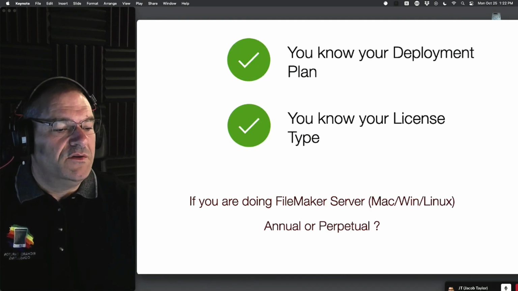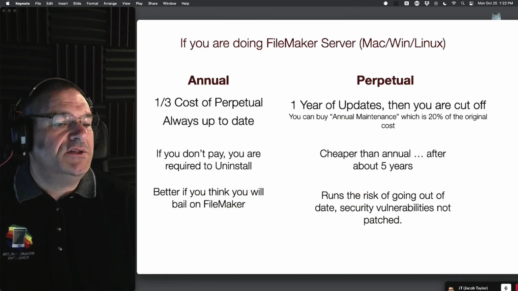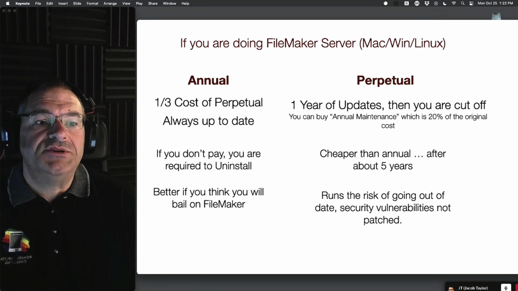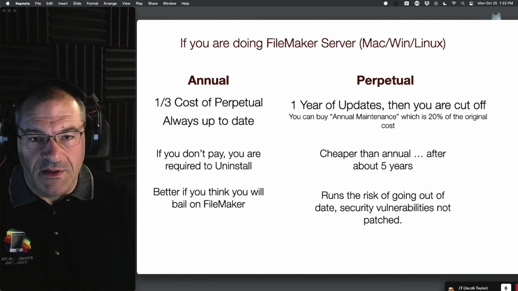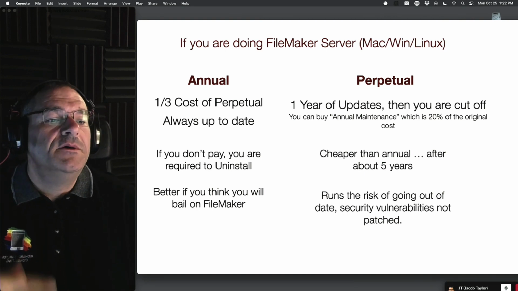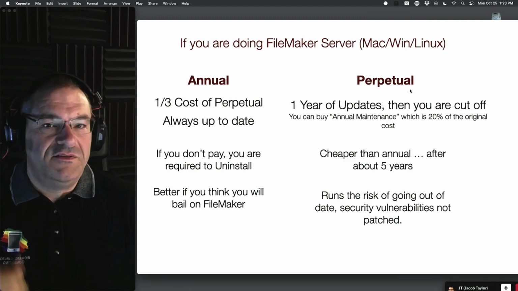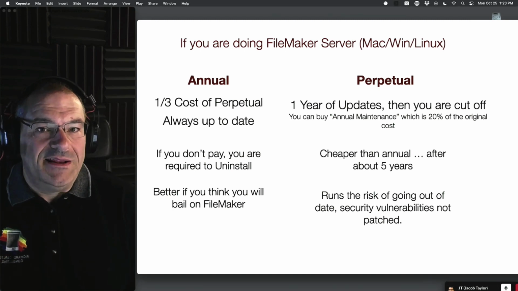Now, the next thing you're going to do is think about annual or perpetual. For some situations, you really can't do that. But annually is where you have a subscription. It's really like a magazine subscription. We're all familiar with software that's on an annual basis now. They don't sell it monthly. They don't sell it daily. It's by the year. You can buy it annually. It's about 1/3 the cost of the perpetual. Perpetual means that you own it indefinitely, except that it's not going to get updated.